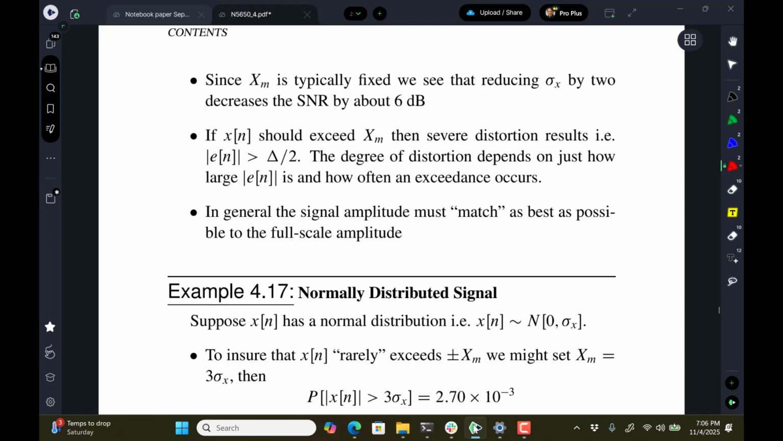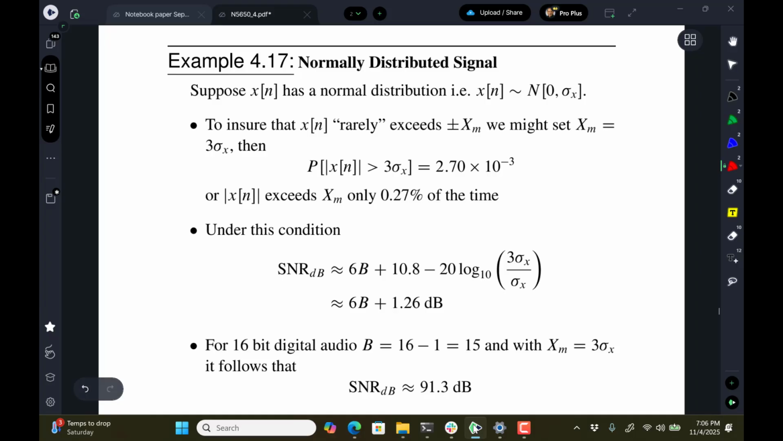I have an example in here where I assume that the signal has a Gaussian or normal distribution, and I'm going to assume that it rarely exceeds plus and minus x max, because I'm going to use this factor of 3 sigma. So I'm going to say 3 sigma away, and this is a number that I think you see in prob and stats. Only 0.27% of the distribution lies outside of plus and minus 3 sigma. There's some number like that, right, from taking the class? So it's at that level. Plug the numbers into the equation,